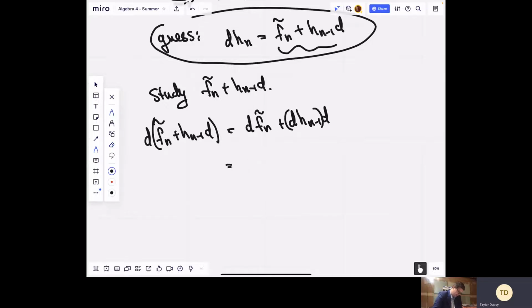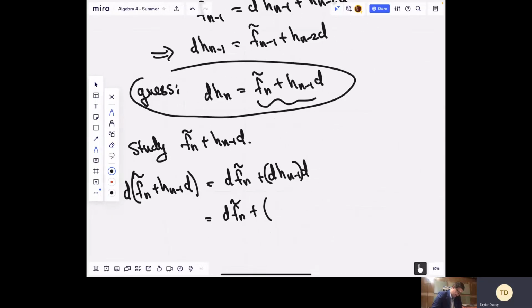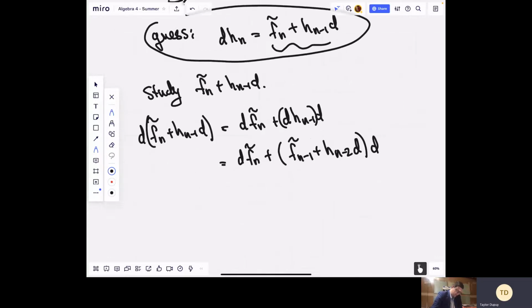So this is D of Fn tilde plus, and now let's replace what we had before: Fn minus 1 tilde plus Hn minus 2D, and then we compose that with D. So this one's going to give a D squared, and so this is D of Fn tilde plus Fn minus 1